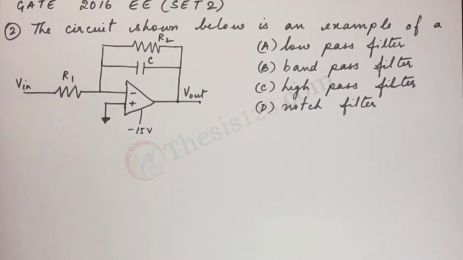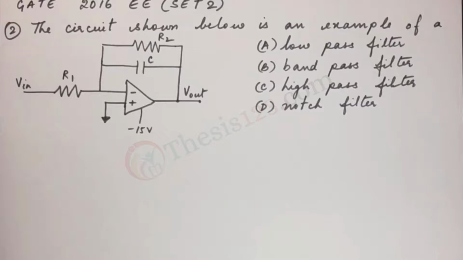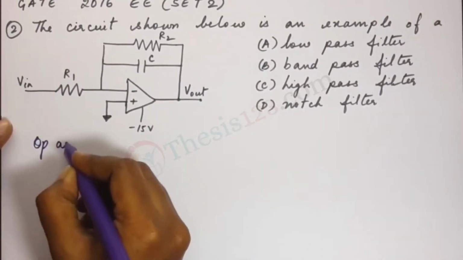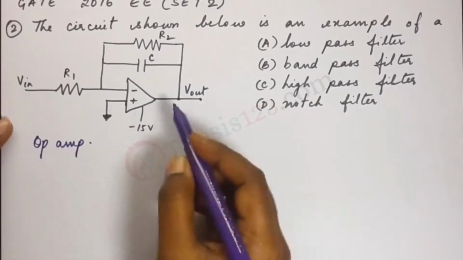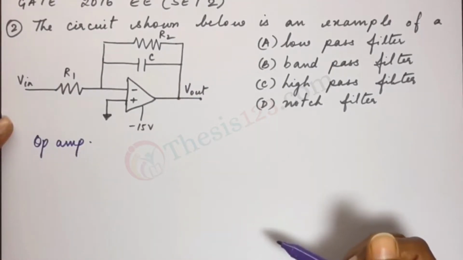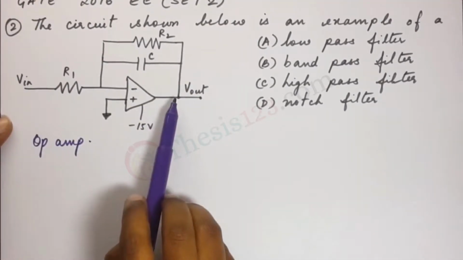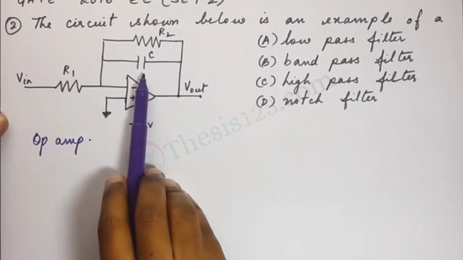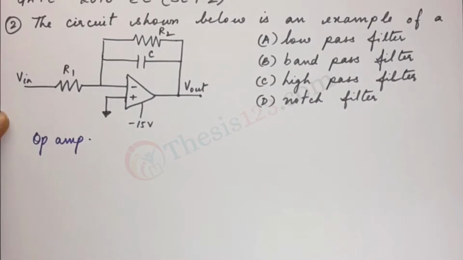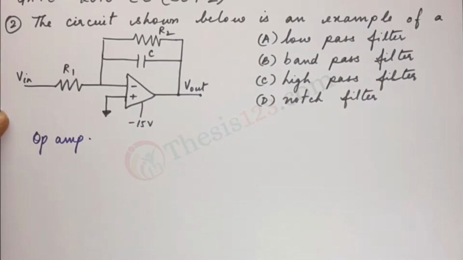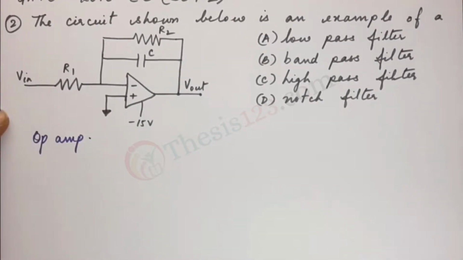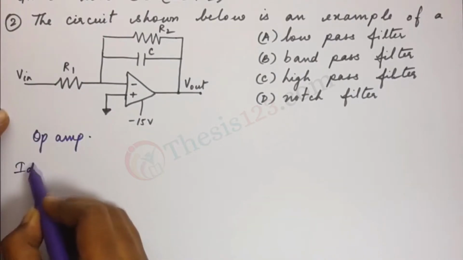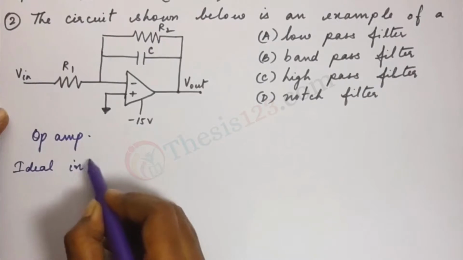Now this is an operational amplifier circuit, or also known in short as an op-amp. So we have an op-amp here, and we notice that there is a feedback path, and the feedback path has a capacitor in it. So that should give you a clue, because an ideal integrator has a feedback path with a capacitor in it. So I'll write that down. Ideal integrator